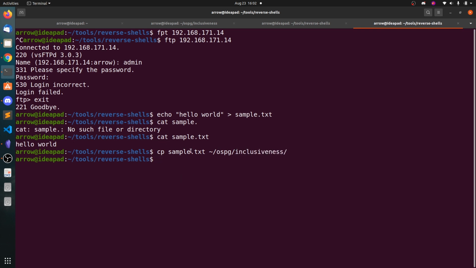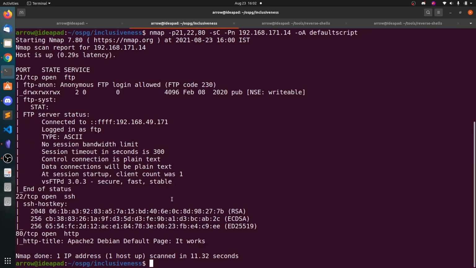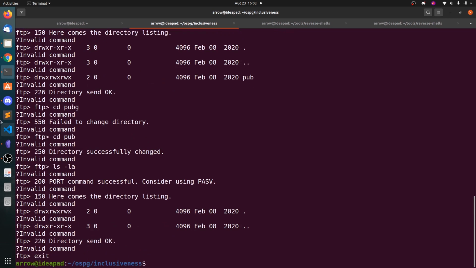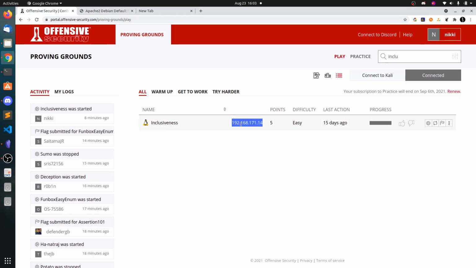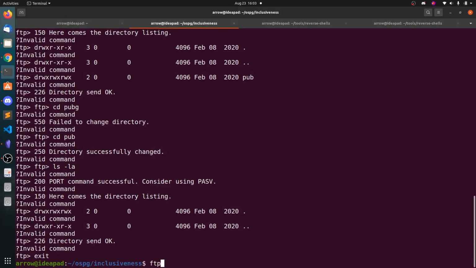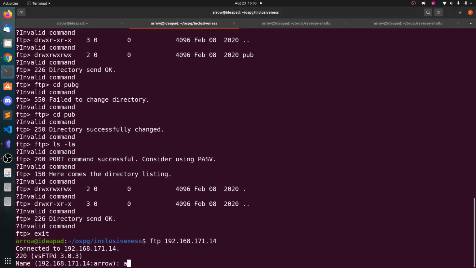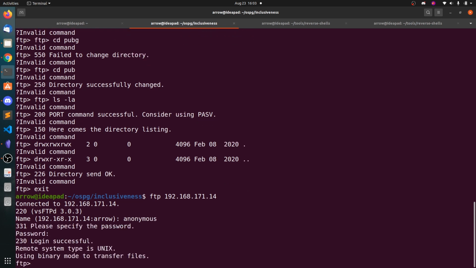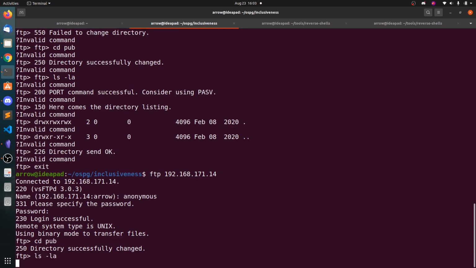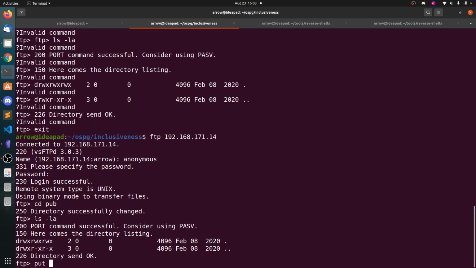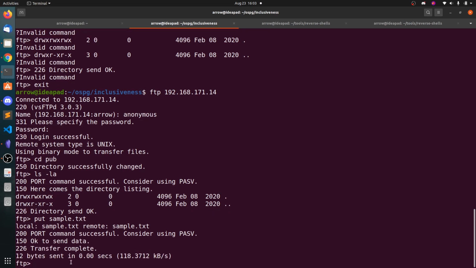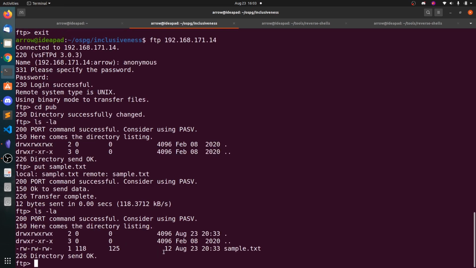I'm copying this text file into my inclusiveness folder. What we are going to do is upload this text file. Copy this, cd pub. There is nothing. Let's put sample.txt. You can see with ls -la, sample.txt.